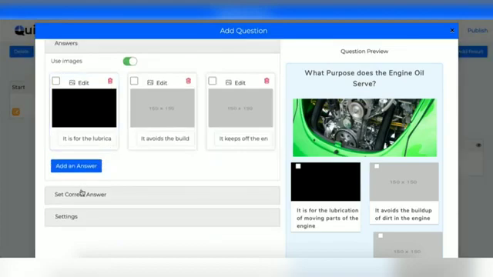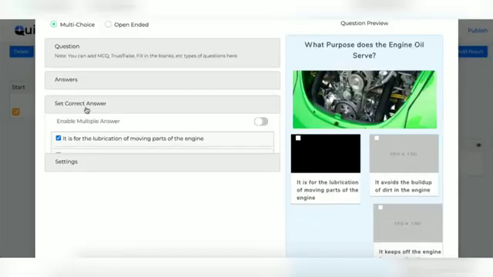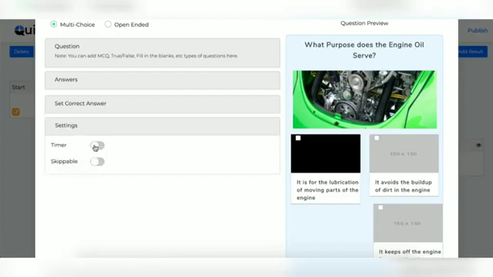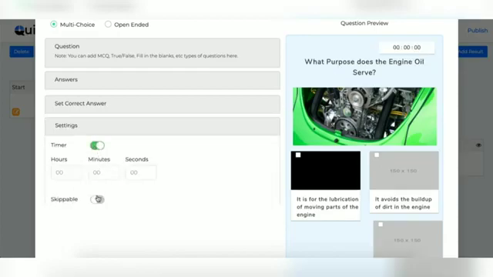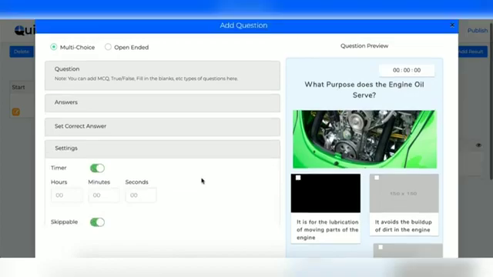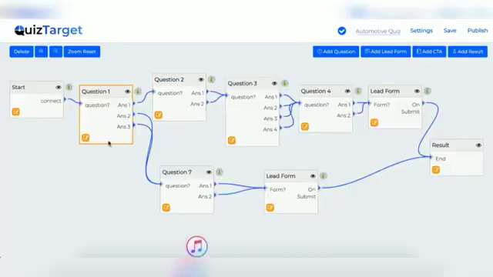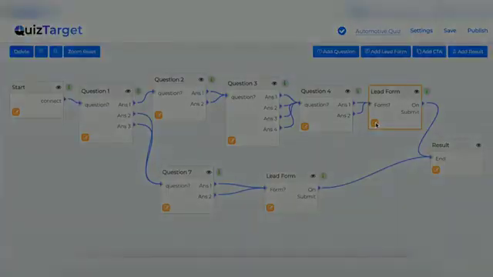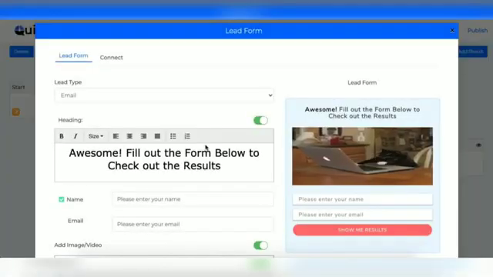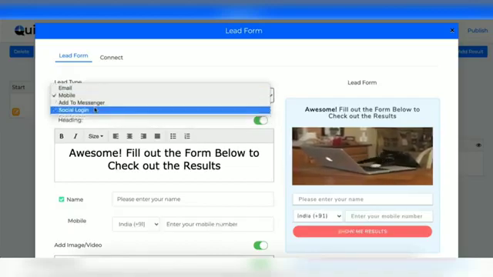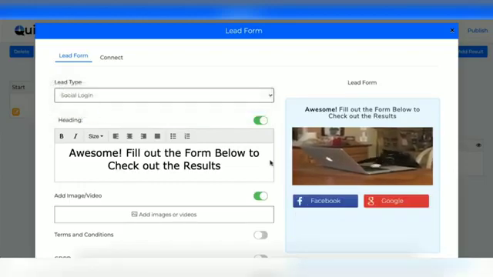Now in this tab you can define which answer is correct as well as enable multiple answers if necessary. Plus you can add a particular time frame for taking any question as well as make it skippable. So you have full control over all the things. Let's jump into the lead form where the lead generation happens. Here you have 4 options available. You can either generate email list, phone number list, add to messenger list, or simply ask them to use social